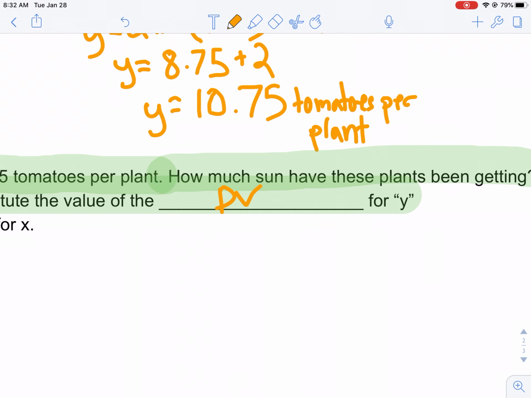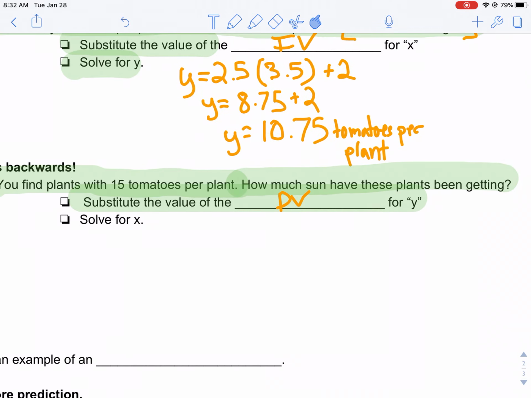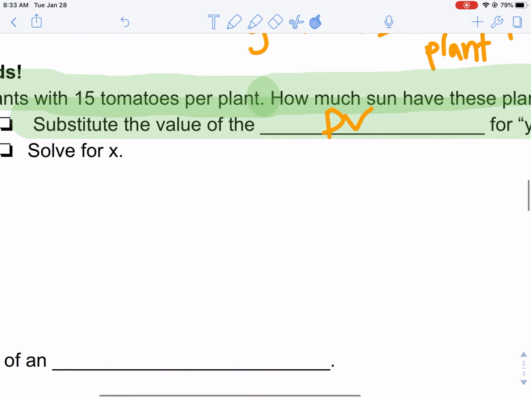It didn't tell us how much sun there is. It told us how many tomatoes per plant there is, so we're just going to work it backwards. So if we have 15 tomatoes, instead of writing y, I'm going to write 15 equals mx plus b,